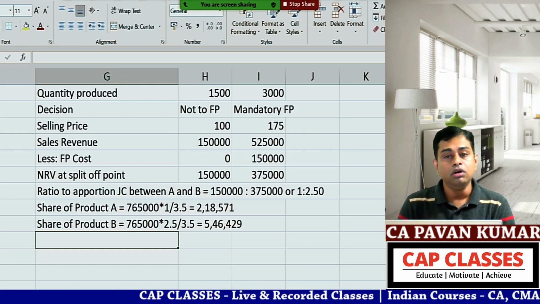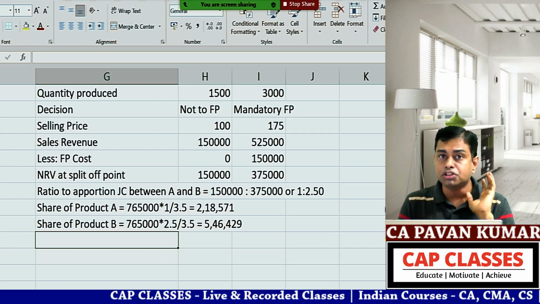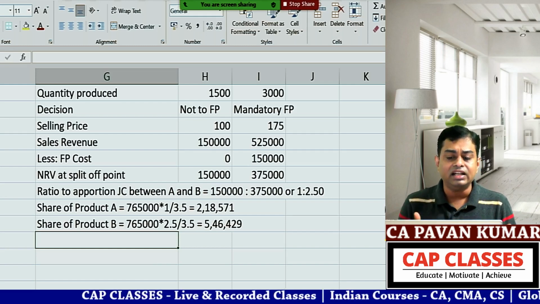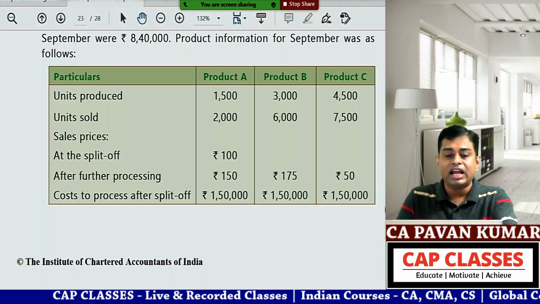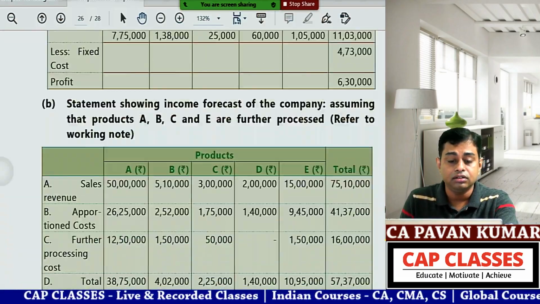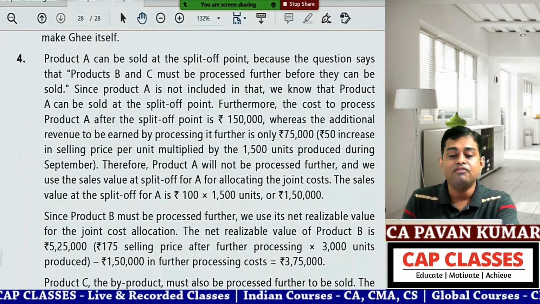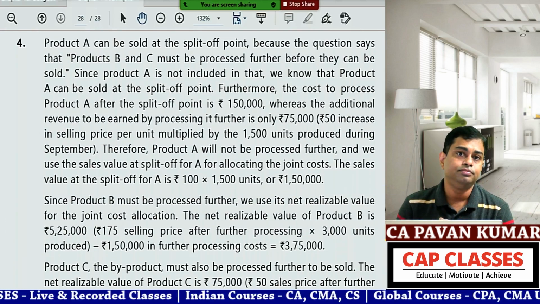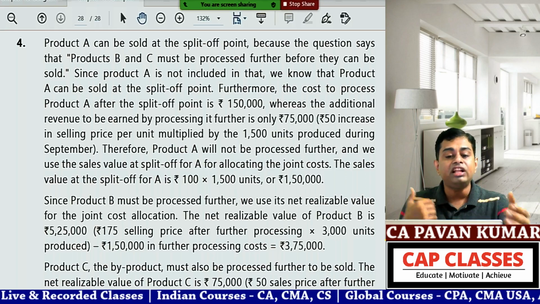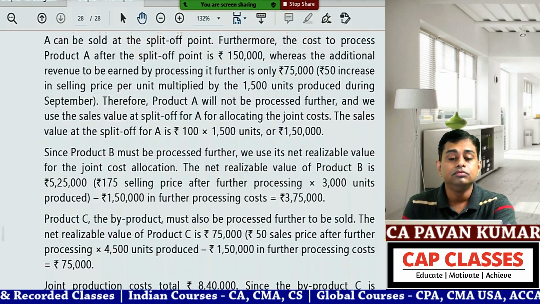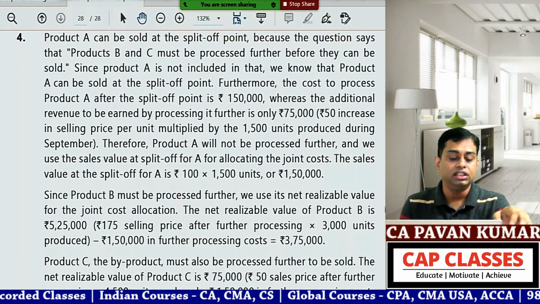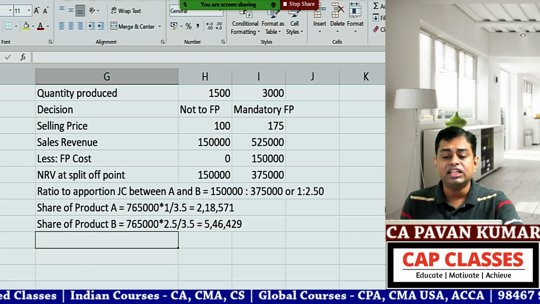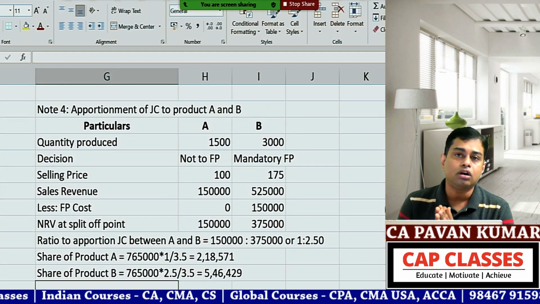Again I am telling you, it is a simple problem, but the opening stock and closing stock will hit the student. And the second thing is the solution. If you look at the ICAI study material solution, the way they have given it is like Ramayana Mahabharata. There is no table, there are no calculations. Calculations are there, but descriptively they have given para 1, para 2, para 3. Student will get mental. Pawan sir, what is this? So instead of this, if the answer is presented this way, it would be more meaningful and more understandable.